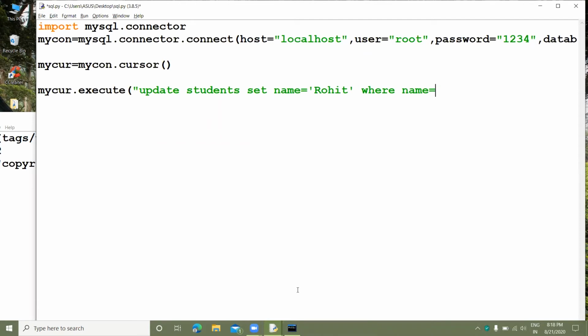So change Rohan. Okay guys, now close it. So my connection dot commit.